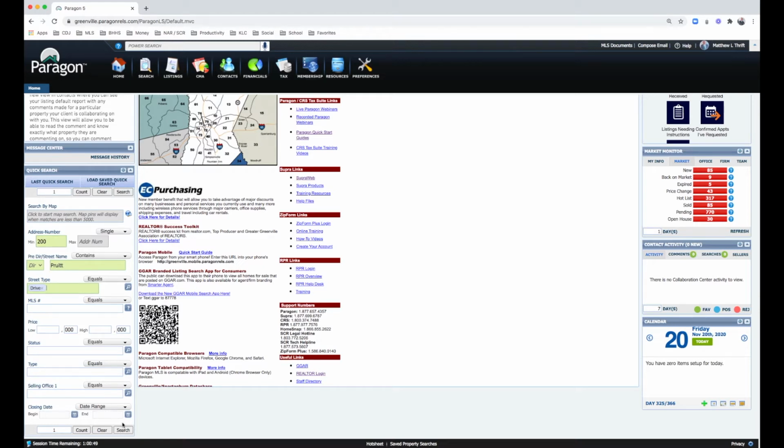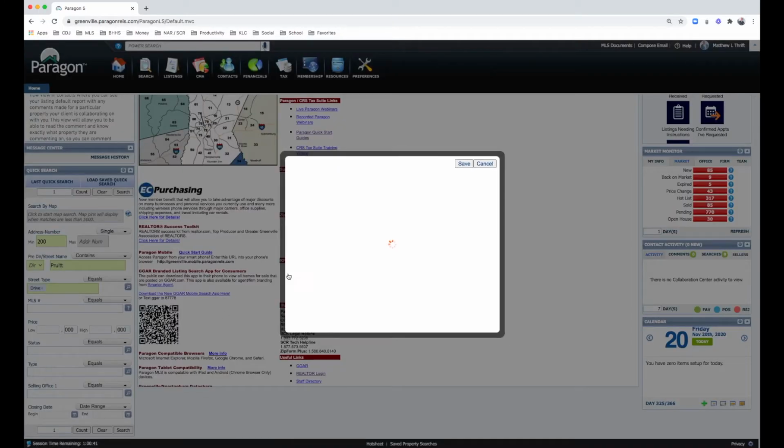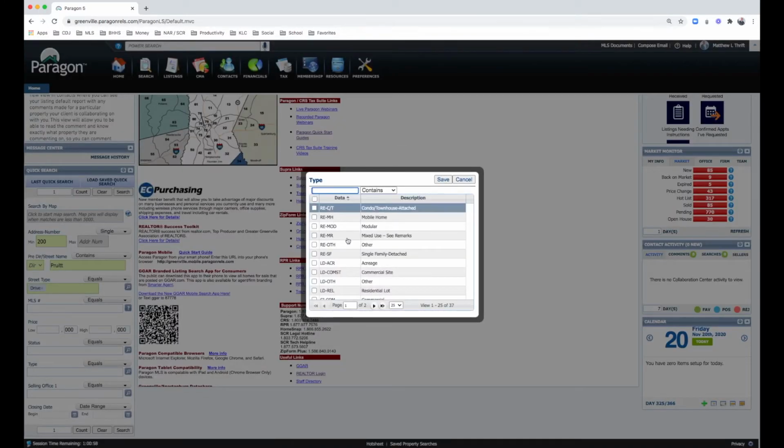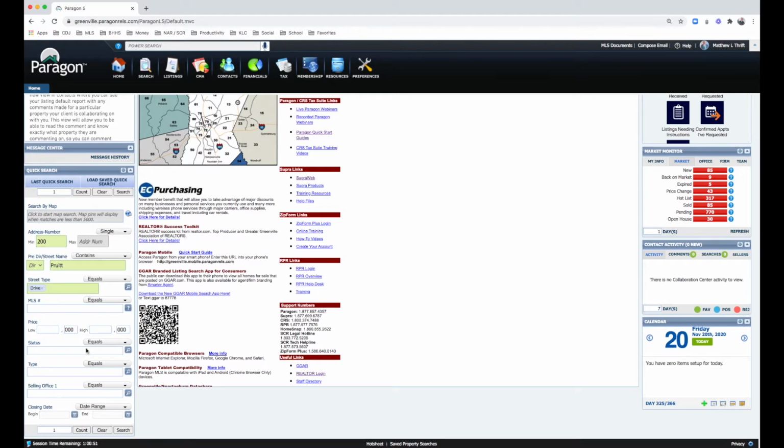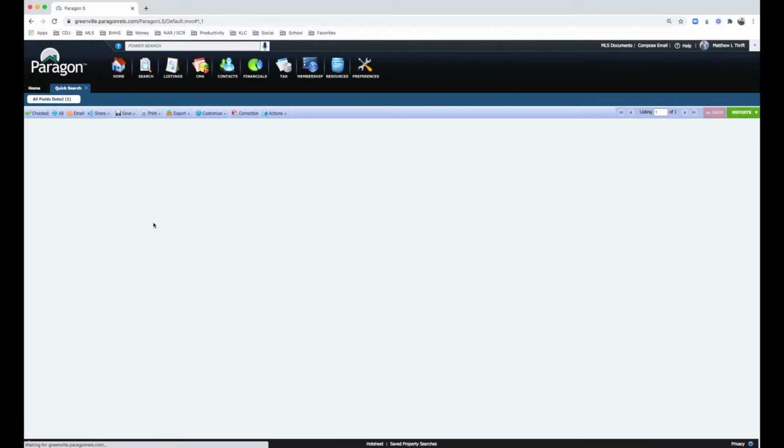So you can also search by MLS number. You can do a real quick search by price, status, type. For example, if you hit these little hourglass things here, it'll show you, okay, I'm looking for mobile homes only, or I'm looking for single family. Okay, so that's a good, real quick way to search. You can also search by office. If you search here, hit the search button, it will bring up